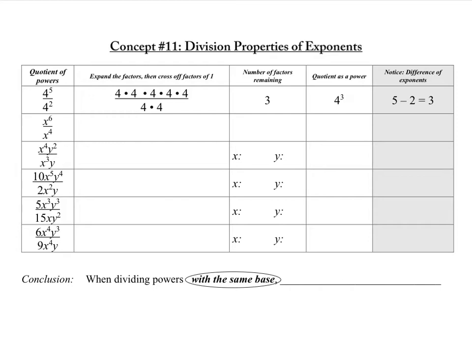Today we're going to be doing concept number 11, which is division properties of exponents. So we've been multiplying and we've been taking powers to powers, and now we're going to see what I do when I have something with the same base with a power over another thing with the same base with a power. So if you take a look at the very first problem, 4 to the 5th over 4 to